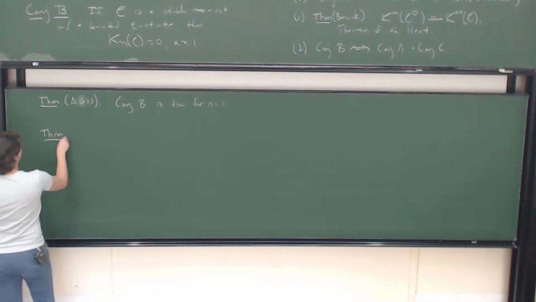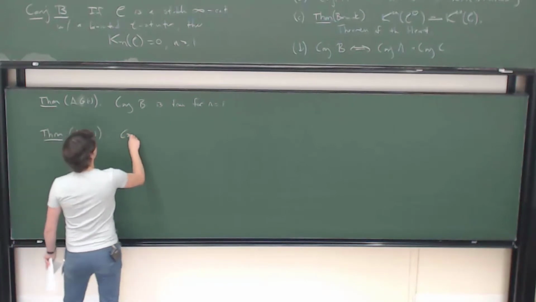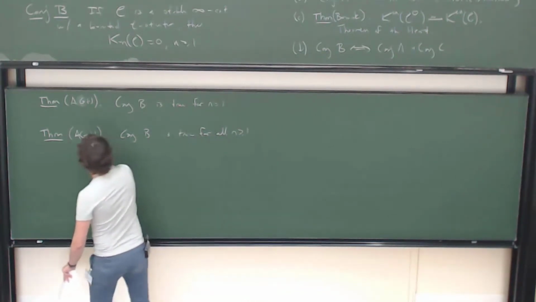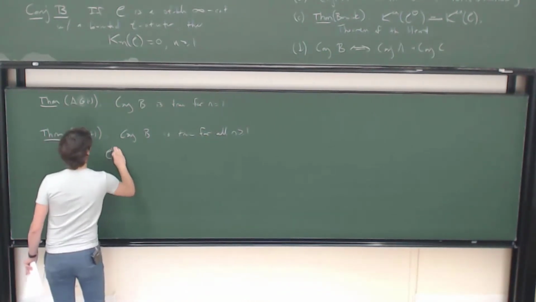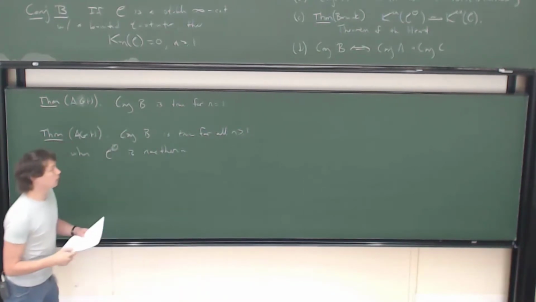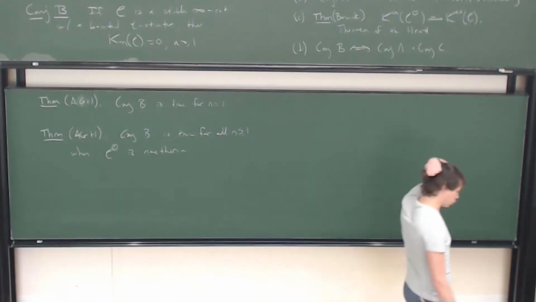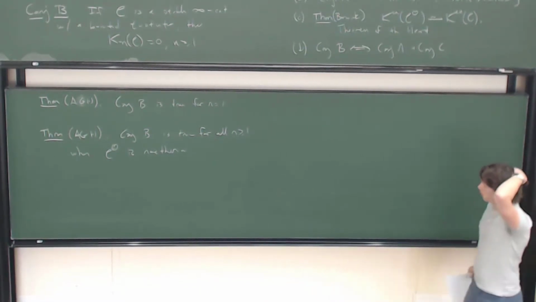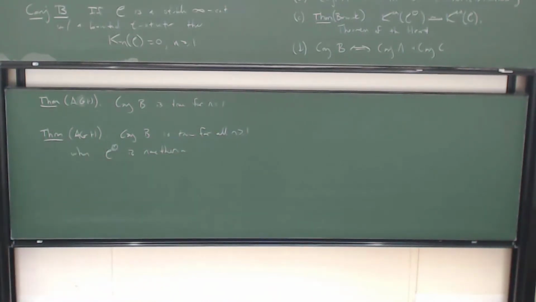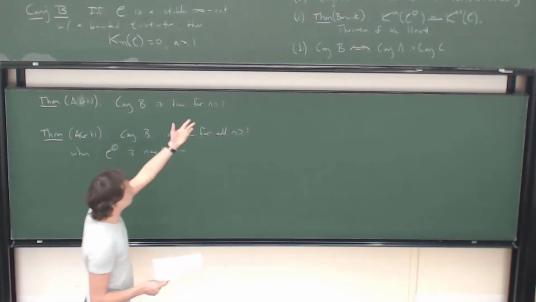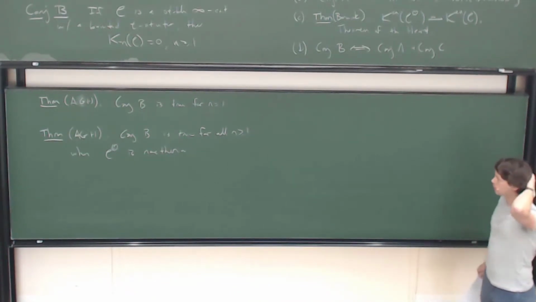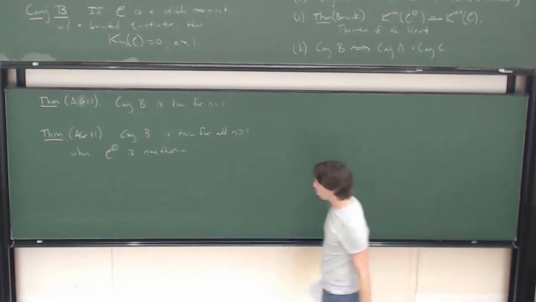And the second theorem is that conjecture B is true for all n more than or equal to 1 when the heart is Noetherian. In other words, we prove exact analogs of Schlichting's result when there's a bounded T structure and the heart is Noetherian for all negative groups, and without any restriction for n equals 1. In particular, this recovers Schlichting's result, and the proof, while maybe philosophically similar, is rather different in details, sort of unsurprisingly,